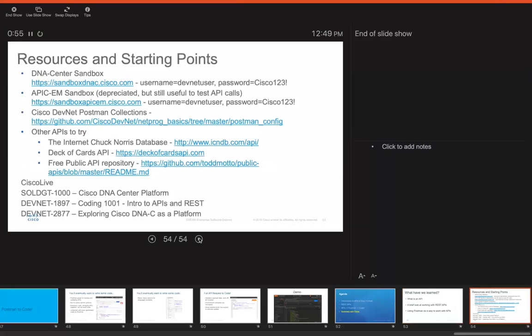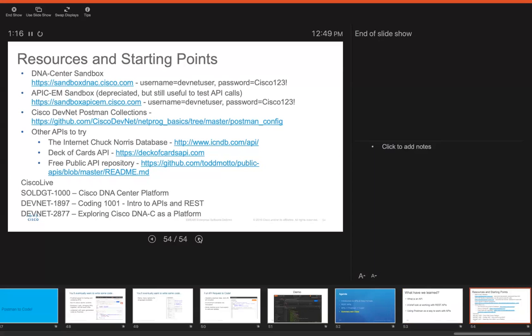As some resources and starting points, I mentioned some of the sandboxes we have. The calls we were looking at were from the Cisco DNA Center sandbox. There's also an APIC-EM sandbox if you want to take a look at that as well. I mentioned some Postman collections that you may want to bring into your Postman environment to look at and play with.